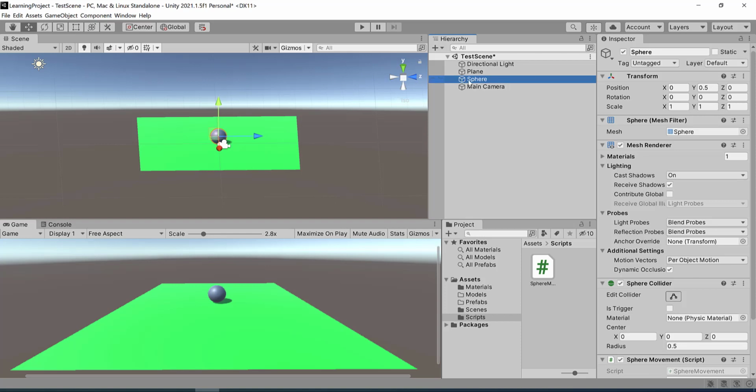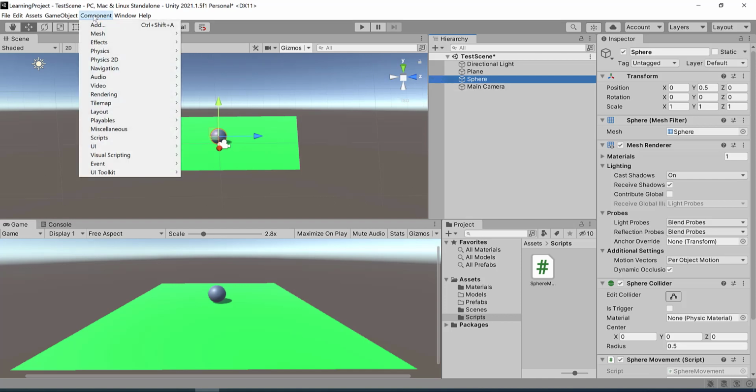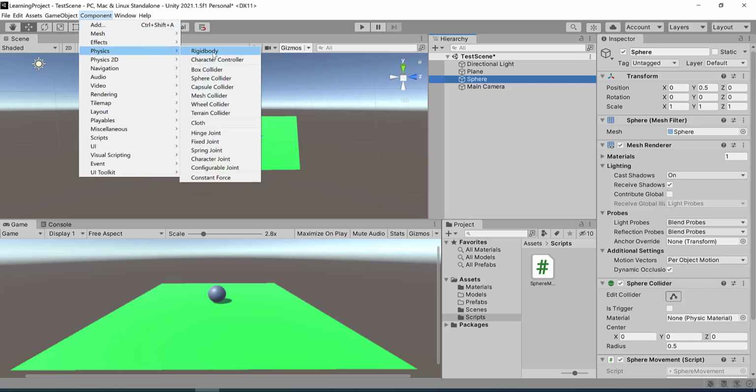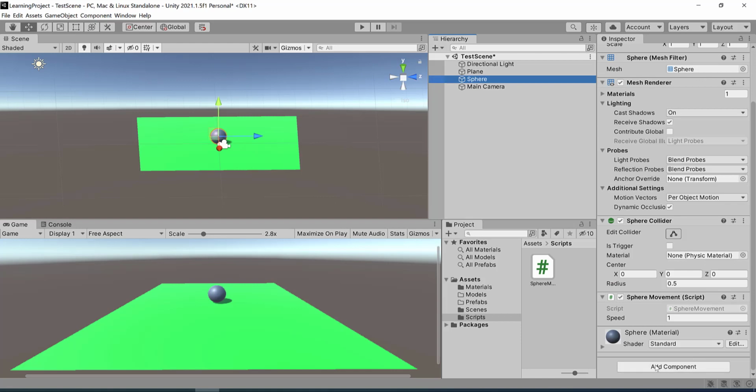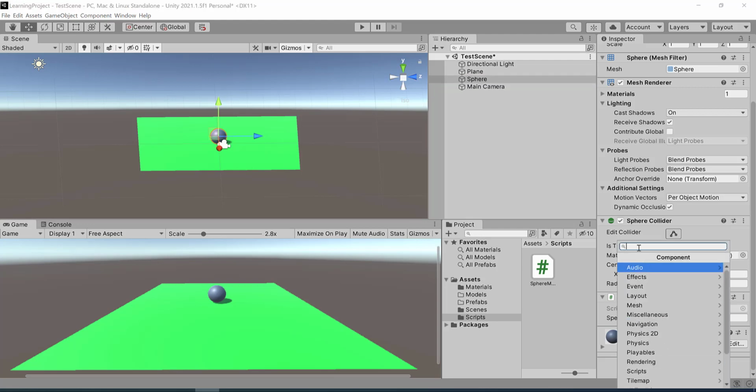One way is you can select this sphere game object from the hierarchy view, go to Component, go to Physics, and you will see there is a rigid body component available. The second way is from the inspector window, scroll down to the end. You will see this Add Component. Click on Add Component and here you can search for the rigid body component.